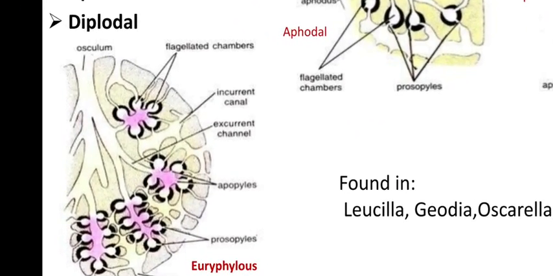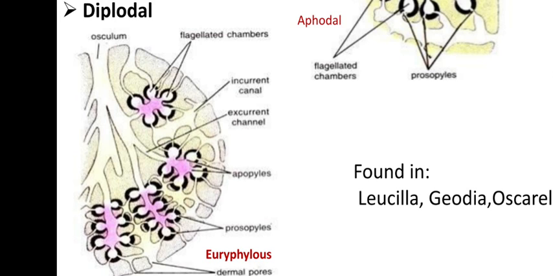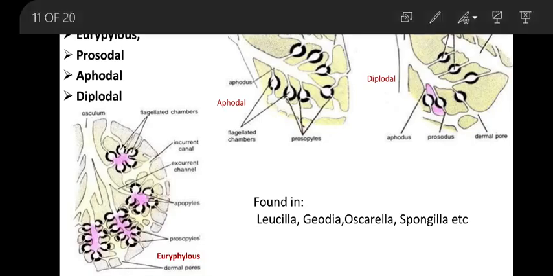Yes, this is the Euryphilus type of leuconoid canal system. Here you see the flagellated chambers directly connect with the excurrent canals through the large apopyles. Apopyles are much larger here. So you can see the chambers opening directly through the large apopyles in case of Euryphilus type of leuconoid canal system. Whereas in case of apodal type,